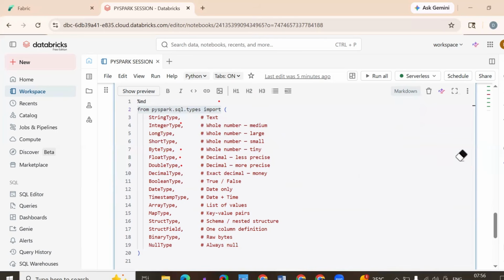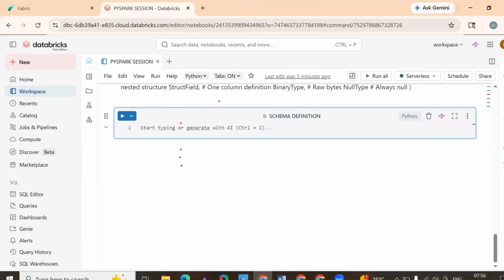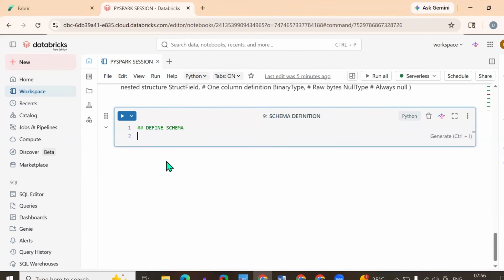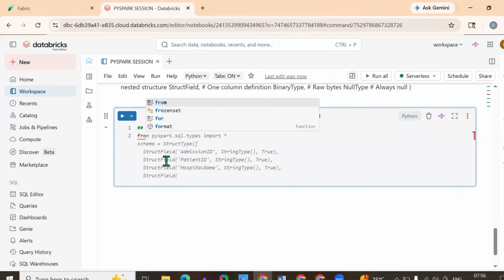Now let us define the schema definition. How do we define the schema definition? Let us see that one by one. What is the first thing that we need to do? Define the schema. So let me enter define schema. As usual, from, oh, now you see, it understood what we want to enter, and it is giving us the suggestions. But let me enter manually: from